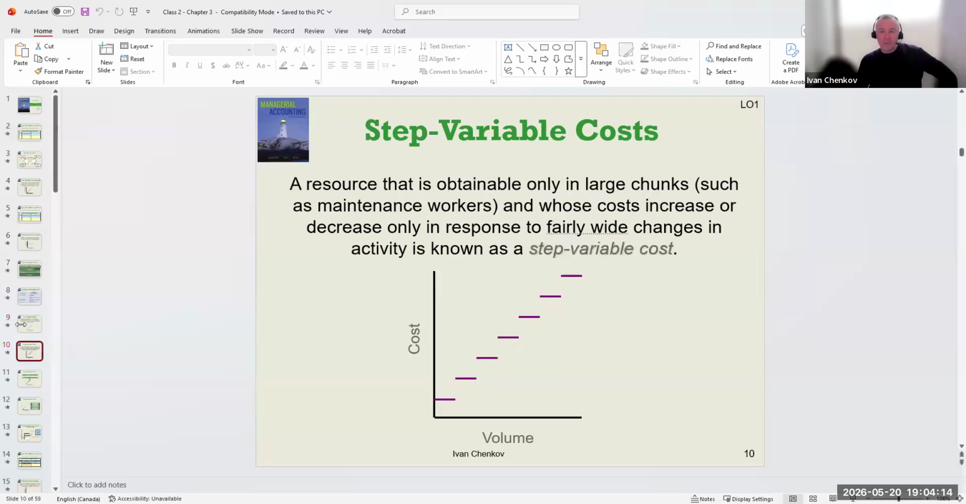So step variable cost, we may have step variable cost. The step variable cost will be the resources that we acquire only in large chunks. For example, here is the maintenance workers. Now, what I want you to know about the maintenance workers, and I'm going to give you an example with the hotel business. For hotel business, how this works is